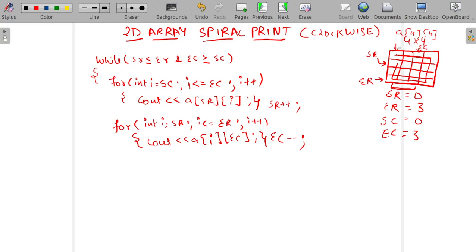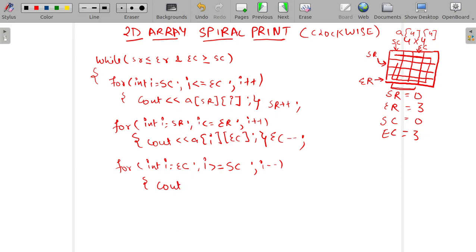Start column is pointing here. We will print from here to here. So let's write this loop: for int i equals end column and i greater than or equal to start column, i minus minus.